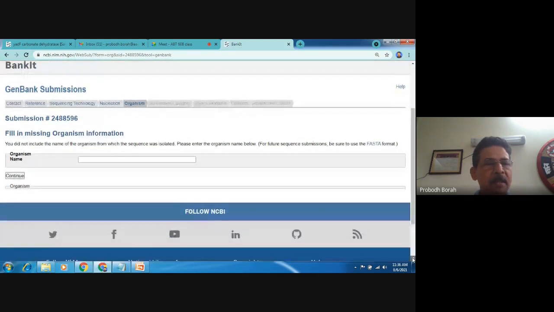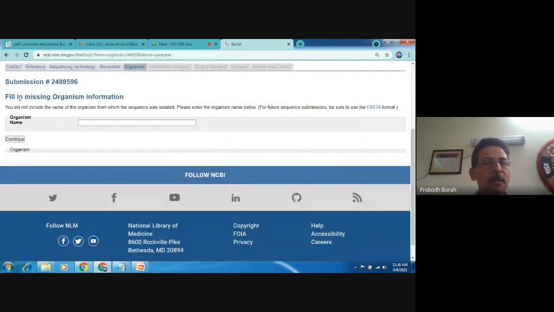Now in the next page, it is asking me to fill in the missing organism information. In the data we have submitted so far, there was no name of the organism from where the gene sequence was obtained. So we have to mention the organism name.